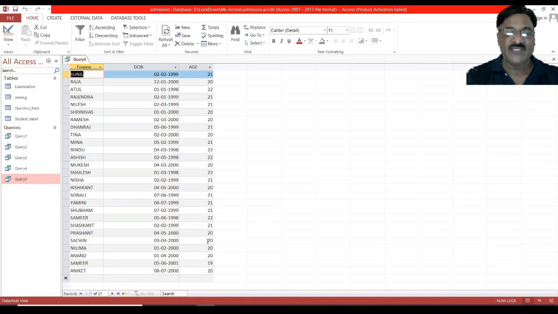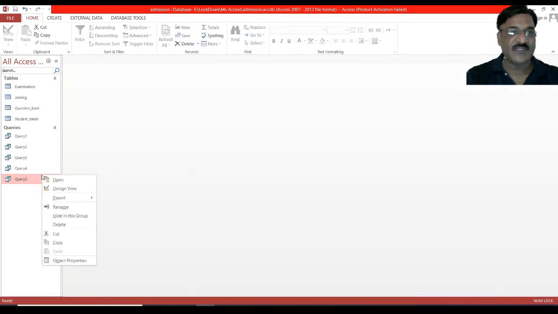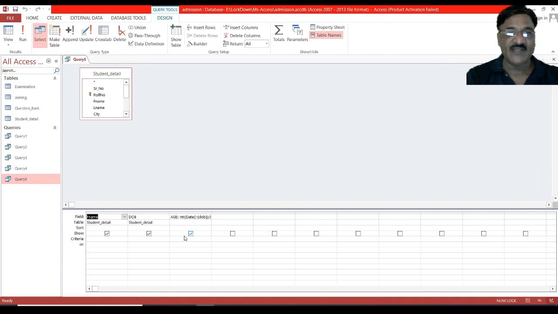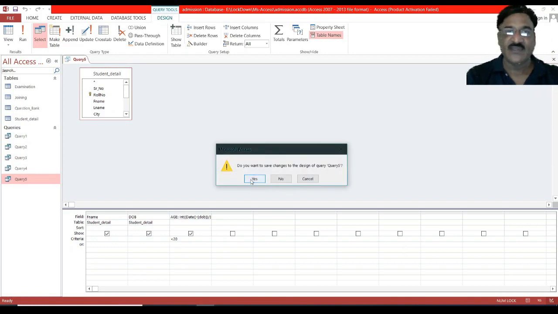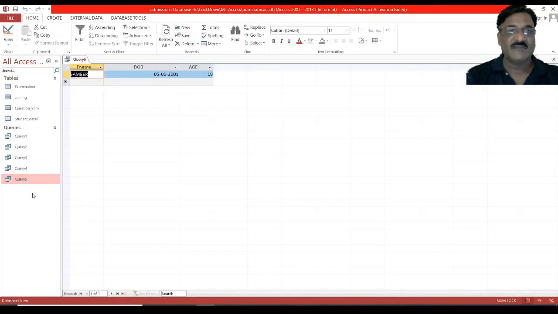Now you can also specify the criteria on this. For example, if you want to view all the students whose age is below 20, open the query in design view and specify the criteria on the derived column. Okay, so less than 20, and now double click. So there is only one student whose age is below 20.